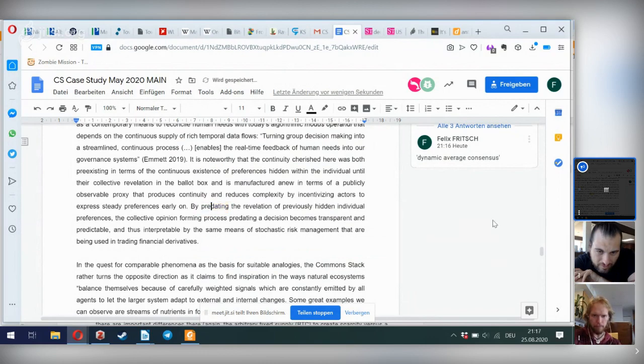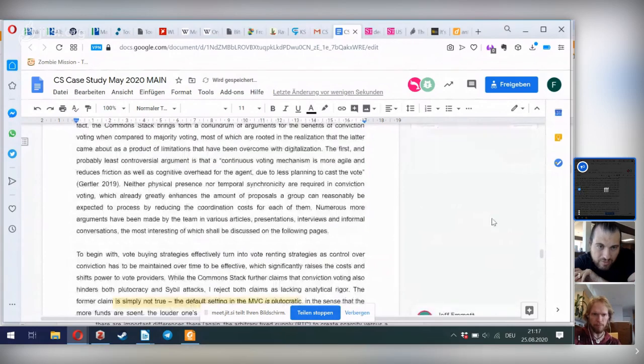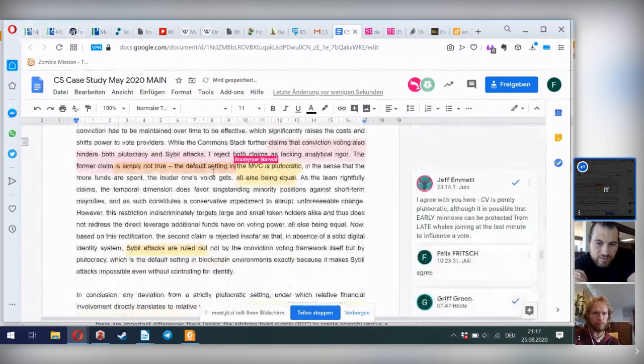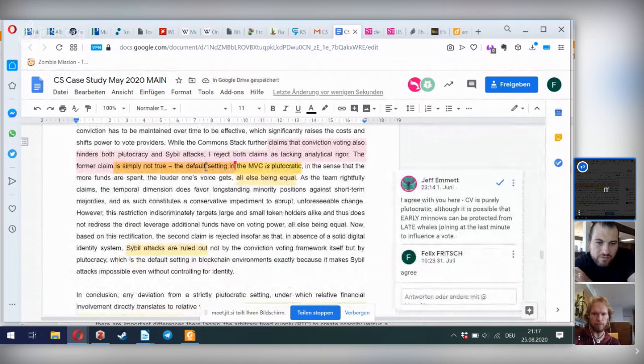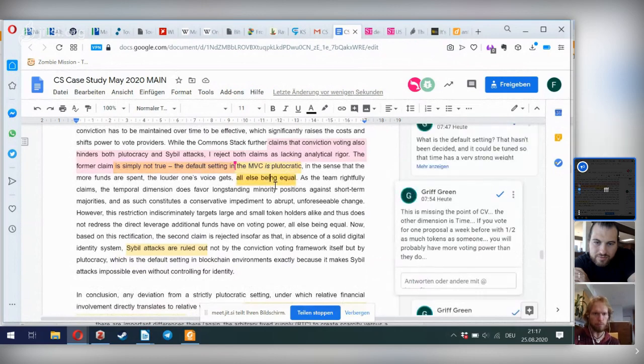Okay, so that's done. I still want to get to the work part. So yeah, okay. The MVC is plutocratic, in a way, all else being equal. This is missing for the... Yeah, so I'm going to add a comment here from Zargam, and I don't know if he sent you the exact